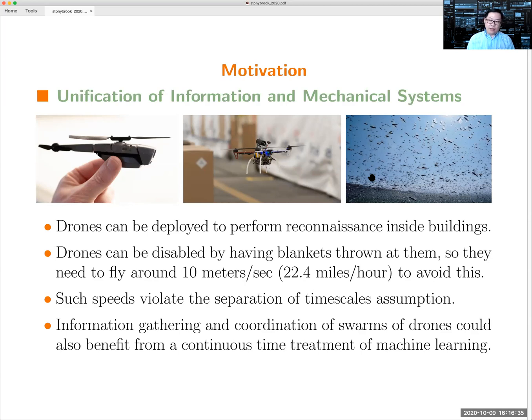So either thinking of both of them in discrete time or both of them in continuous time. Okay, so